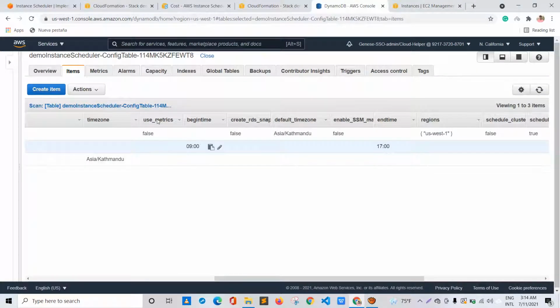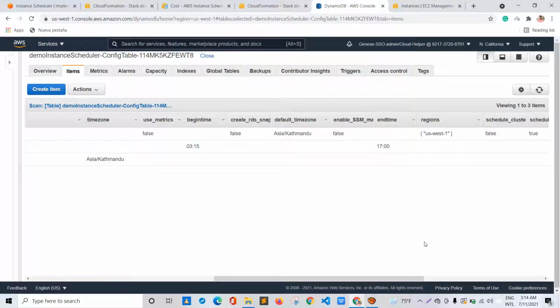Now let's change this begin and end time. Let's change that to 9 AM. Now let's change it to 3. It's 14, so let's change it to 15 and click on save. So now we have changed the time. That simply says that the instance should be in the running state from 3:15 AM to 7 PM. As we can see the time at my end, it says July 11, 2021, 3:14 AM, and